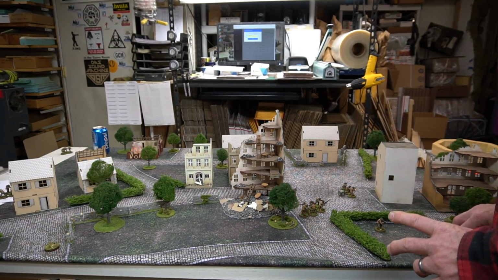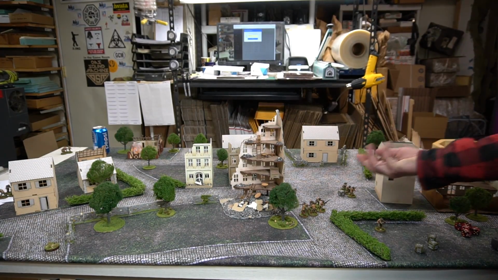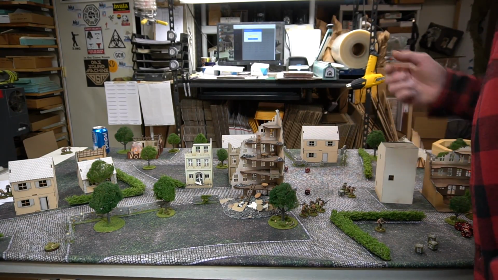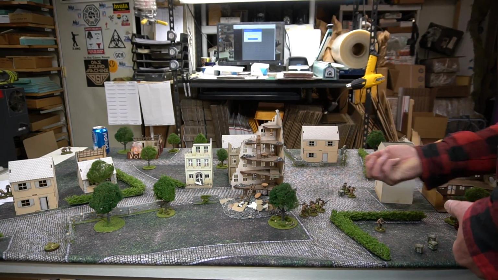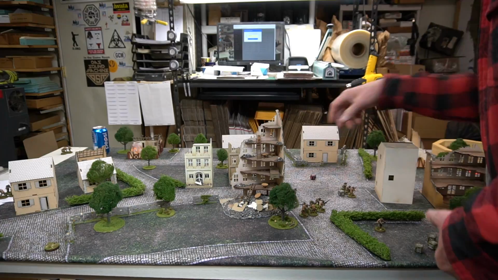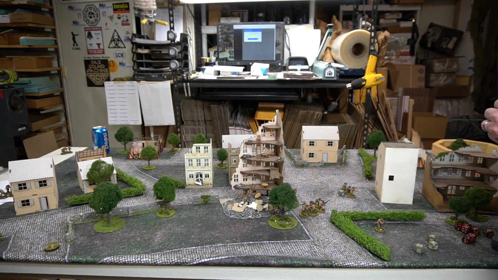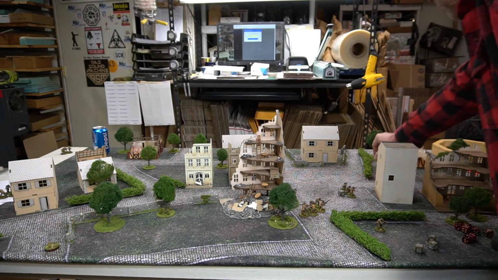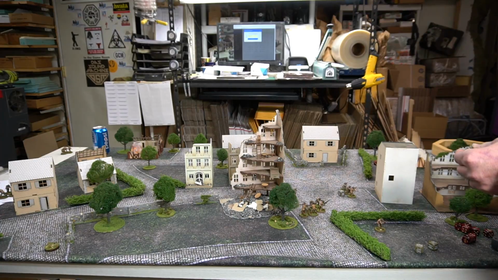And down is a -2, so we got 3 shots at 5s. There's a single 6, and so we need a 5 or better to kill. You got a 6. One guy's dead. Since they're all on one stand, I'm just going to mark the dead by a single die. Okay. Next unit